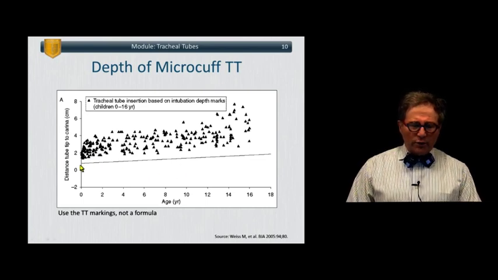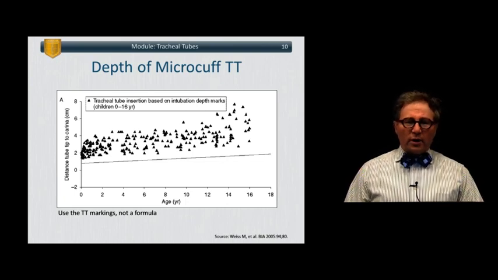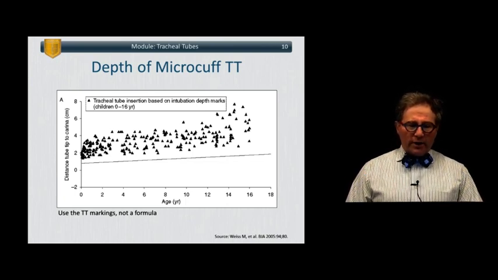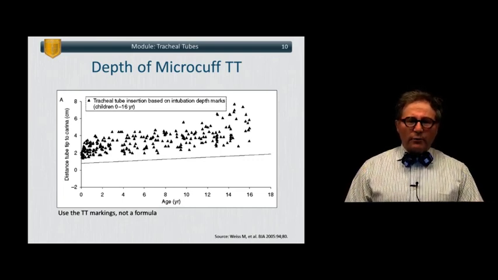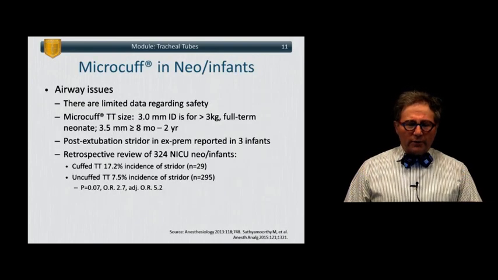And so we do get somewhat close to the carina with head flexion after these properly placed tubes, but none of the tubes are actually beyond the carina and endobronchial. So these markings appear to be very robust and useful in infants and children of all ages,